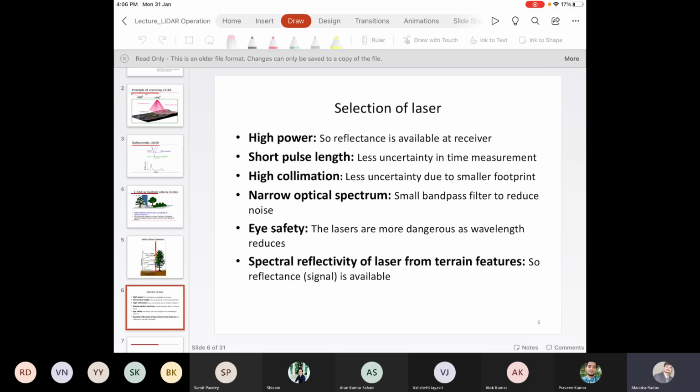So this is the reason why for the topographic application we select a laser in the near infrared band. Okay. Now